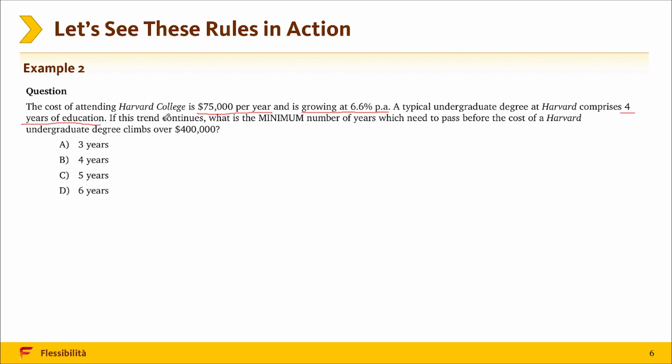If this trend continues, what is the minimum number of years which need to pass before the cost of a Harvard undergraduate degree climbs over $400,000? So if 1 year of college education right now costs $75,000, then 4 years cost $300,000. And the math question that we face is the following. $300,000 times 1 plus 6.6% to the power n, where n is unknown, equals